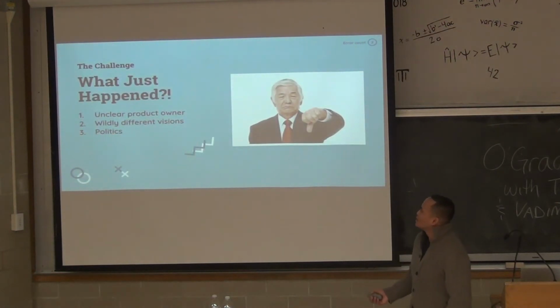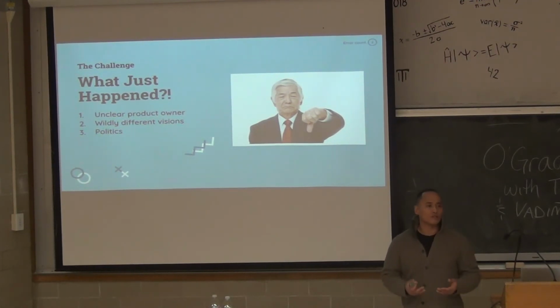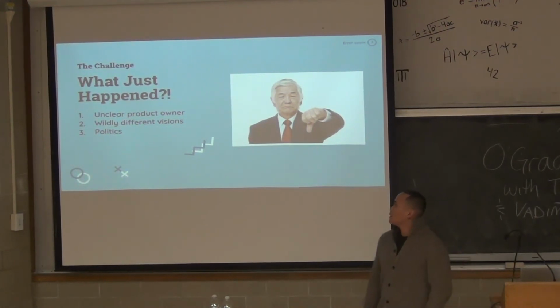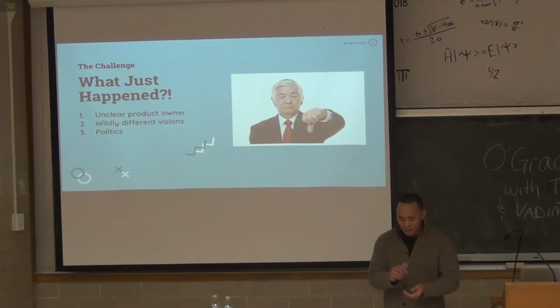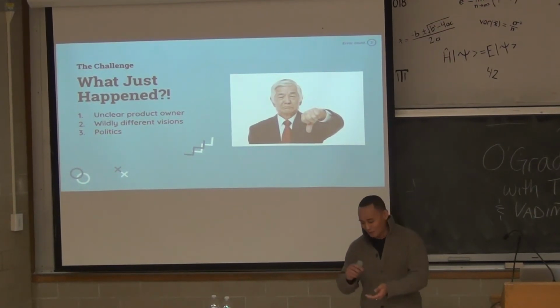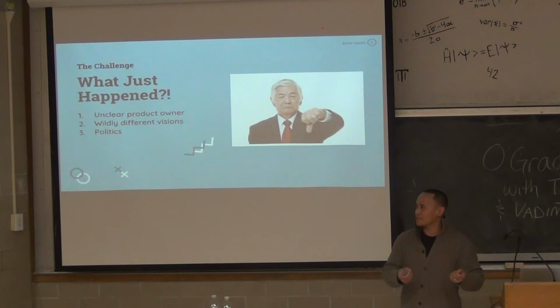So what just happened? Unclear product owner. Like I just said, we didn't know who the product owner was, so we should have really started off the project knowing who that person was and made sure they were part of the process every step of the way. We had very different visions. I remember clearly in that meeting, he was doing a sketch and a mock-up right there while I was presenting to him. And I don't even think he was listening to me while he was doing his little sketch. But if I knew that he had this sketch, I would have worked with it and said, hey, let's try to make this work with the backed up user research.